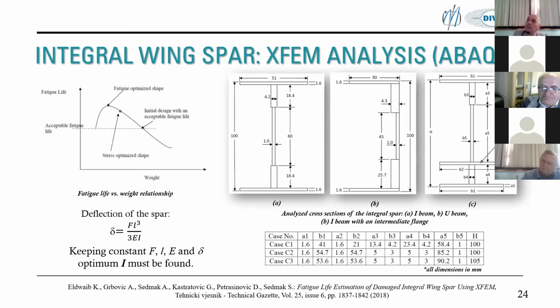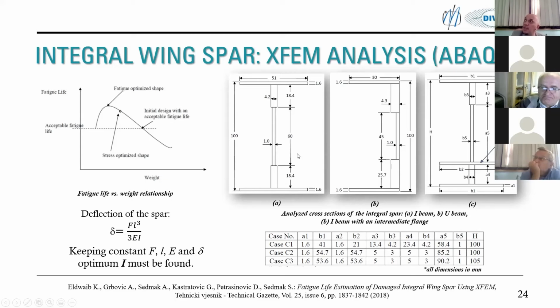But I want to show you this because I started with the wing SPAR, and I want to finish this presentation with the wing SPAR. So the idea here, you saw what happened to the differential SPAR. Here the idea was to replace the differential SPAR with an integral wing SPAR, to use welding, to make this SPAR without rivets for all these joints. And the idea was to keep the weight or mass of the SPAR constant. This is why we fix the cross-sectional area of the SPAR,